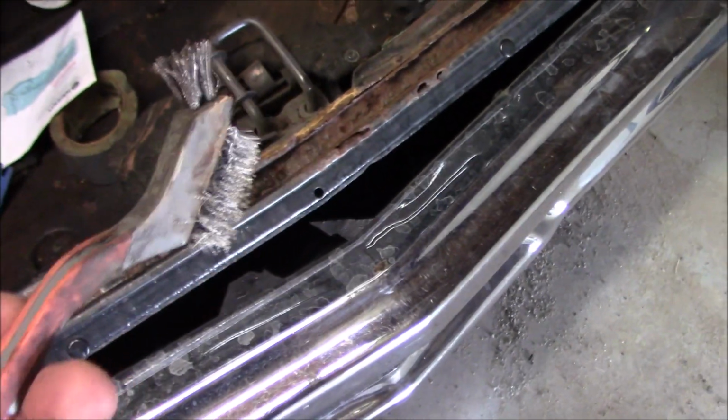Alright guys, so I got it all out and cleaned it up. I was planning on using the drill attachment with the wire brush, but it didn't work as well as this thing, so I just used this instead. So you can see it's pretty nasty over here. This thing's seen better days. So I've got to figure out what to do about that section on the leading edge of the trunk before I install